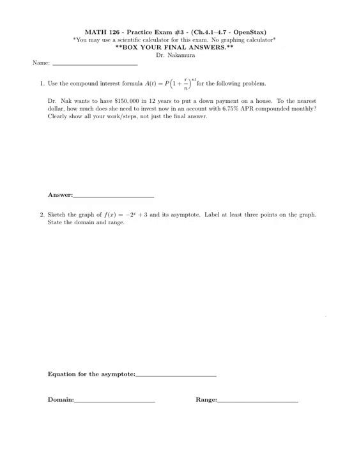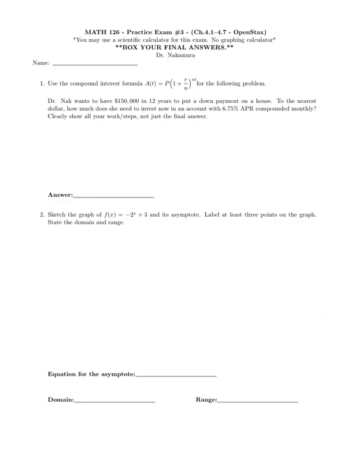Use the compound interest formula for the following problem. Dr. Nak wants to have $150,000 in 12 years to put a down payment on a house. To the nearest dollar, how much does she need to invest now in an account with 6.75% APR compounded monthly? Okay, so first of all, what you need to know is what each of the letters